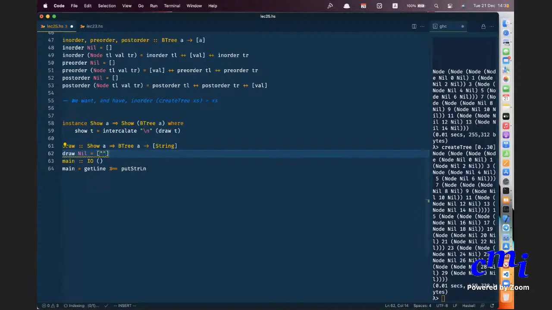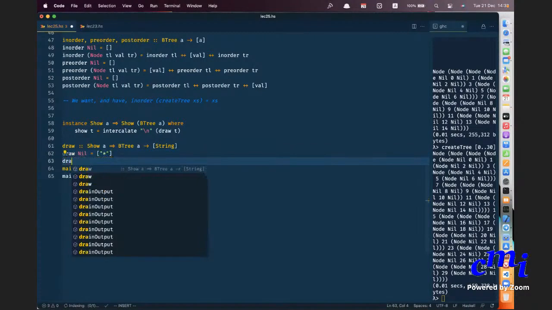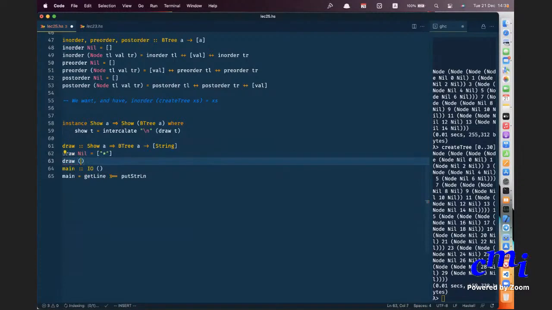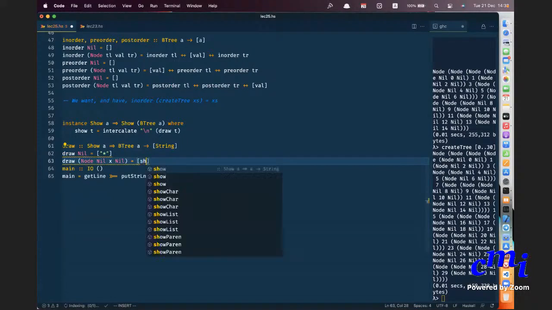I want to just print a star. If a node has no children, then I just want to print the node and nothing else. So within this I should say show of X.